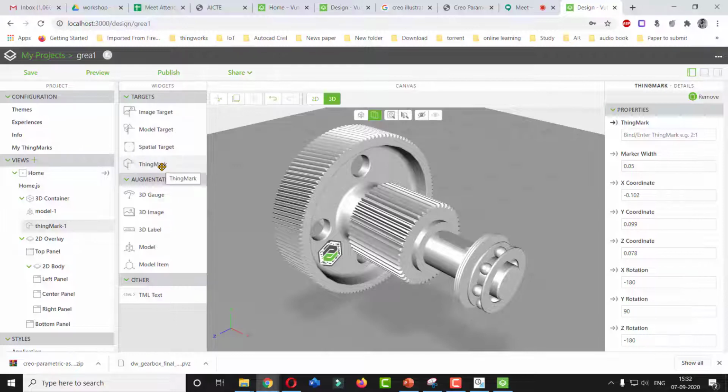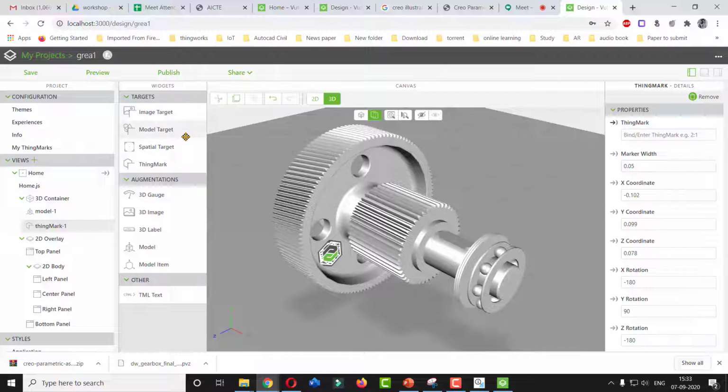So the target not only defines which model is to be downloaded from the cloud, but also what should be the orientation of that model. So it also depends upon the thing mark. If we select the image target, for an image target we have to provide an image or a photograph of an actual part. That photograph you can use as an image target.